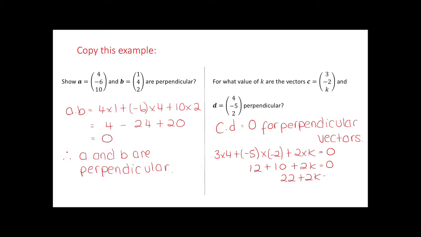So 22 plus 2K equals 0. 2K must be equal to negative 22. So K must be equal to negative 11. And if you wanted to check that, you could put it back in up here as your value for K, just to double check. But my answer for this one is going to be K equals negative